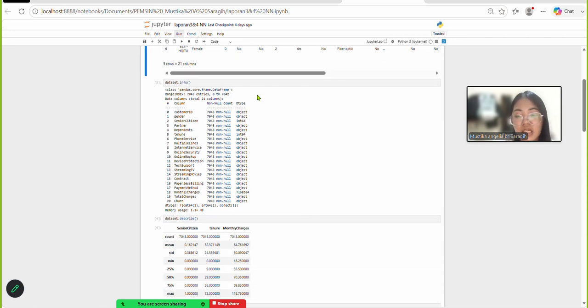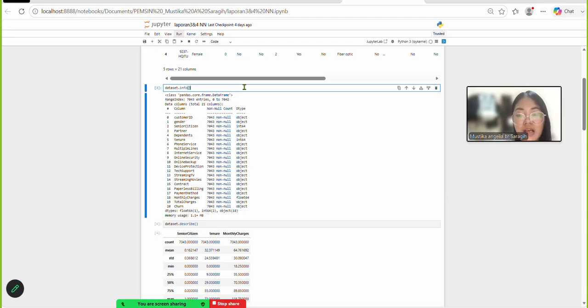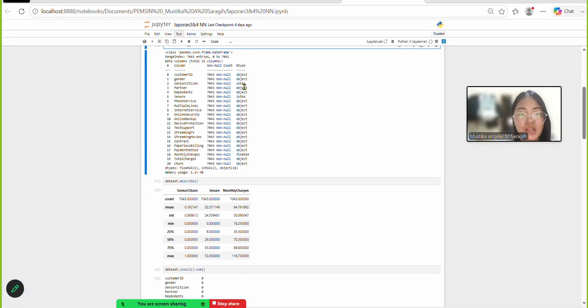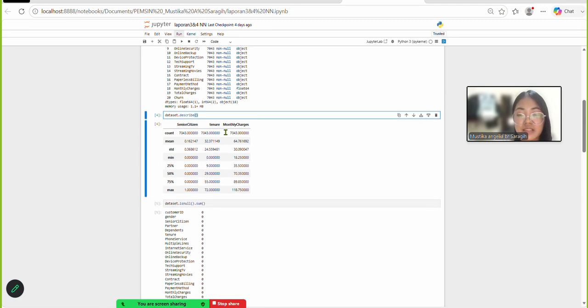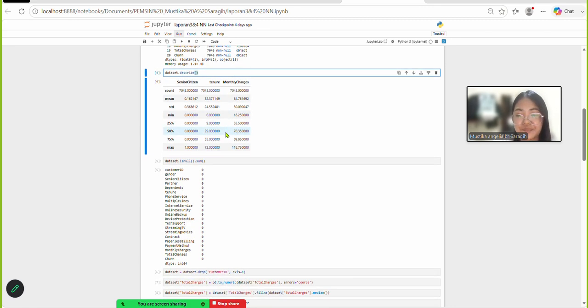Next is display dataset information. This code displays the dataset information, including the number of rows, columns, data types, and non-null values for each feature. Next is statistical summary. The describe function provides statistical information for numerical features such as the mean, minimum, maximum, and standard deviation.